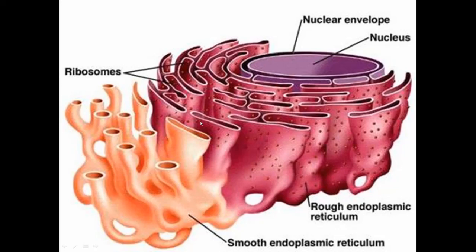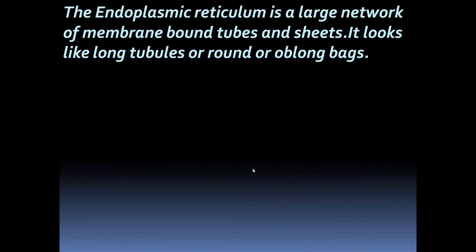It also lies scattered in the cytoplasm. Endoplasmic reticulum forms the supporting framework of the cell. Since it lies scattered in the cytoplasm, it gives the framework to the cell. What is its function? What is the work it does in the cell? The main function is transport. It transports substances from one part of the cell to the other and from one cell to another cell.